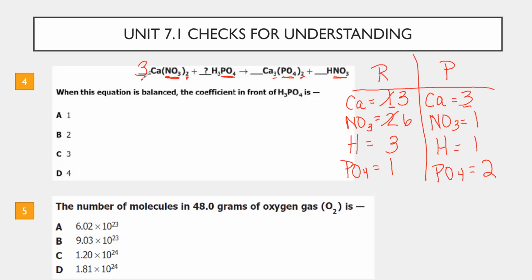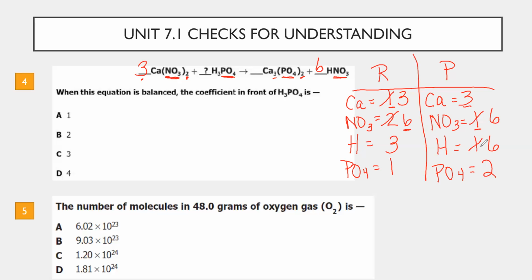All right, what do we want to look at next? Let's go with, I guess, trying to fix our NO3 now. So you have 6 NO3s on the reactant side. We only have 1 over here, so we need to put 6 right there, which is going to change the NO3 to 6. But it also changes our hydrogen count to 6. Okay. Let's see, and now I guess we need to fix the hydrogens, and we need to fix the PO4